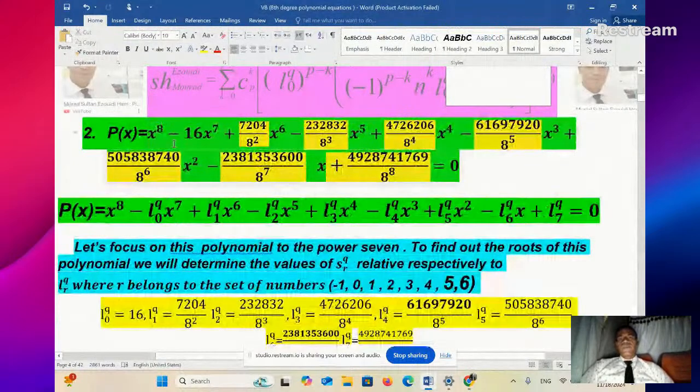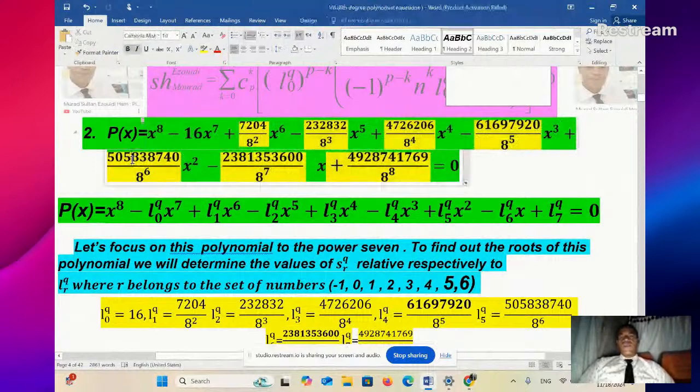Learners, the polynomial is p of x equals x raised to the power 8 minus 6 to the power 7 plus 7,204 over the square of 8 x raised to the power 6 minus 232,832 divided by the cube of 8 times x raised to the power 5 plus 4,726,206 over 8 raised to the power 4 x raised to the power 4, minus 61,697,912 by 8 raised to the power 5 times x cubed plus 505,838,740 divided by 8 raised to the power 6 x squared